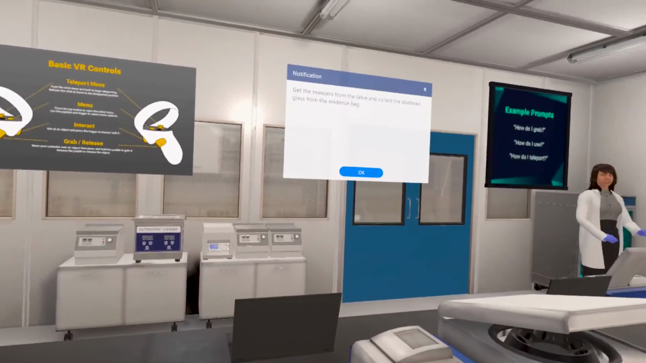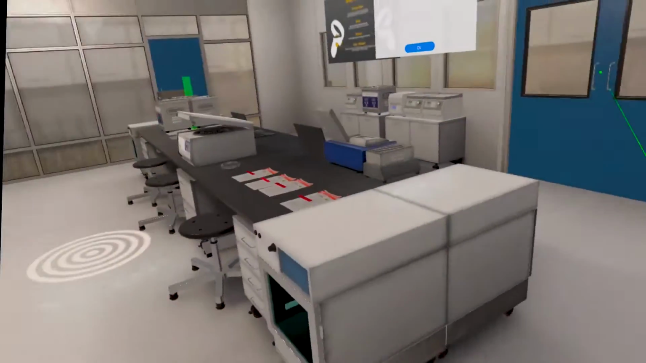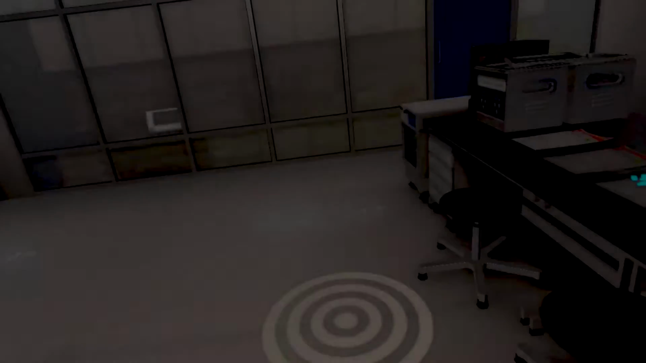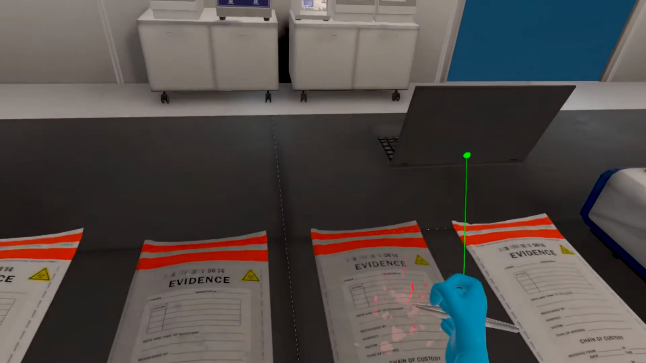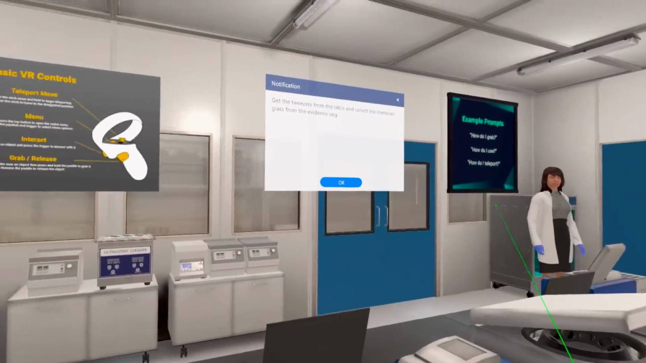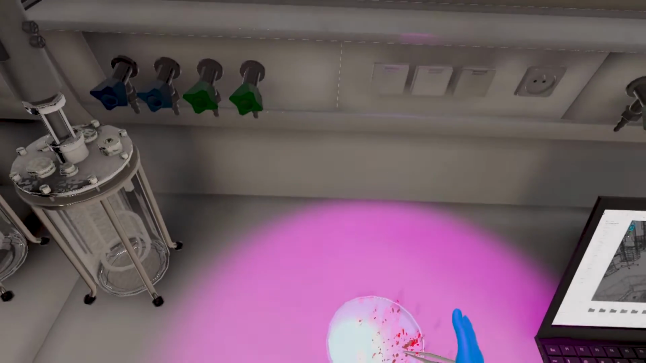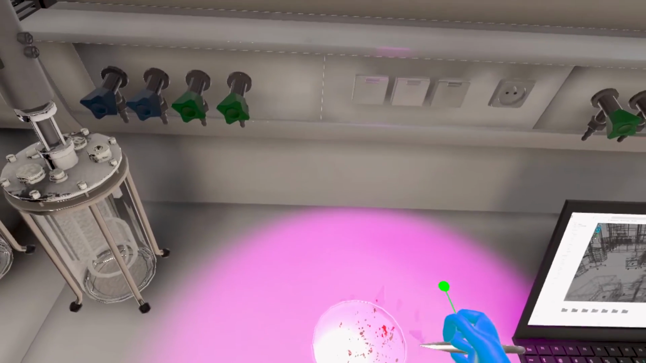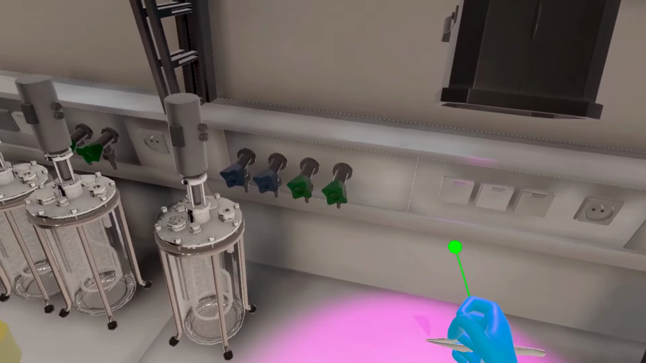Get the tweezers from the table and collect the shattered glass from the evidence bag. Place the shattered glass in the petri dish placed under the UV light. Oh, this is swell. Grasp the sample and place it in the petri dish on the table with the labeled